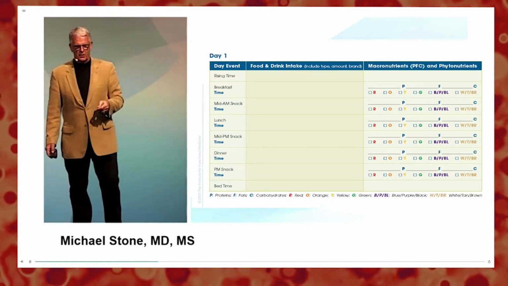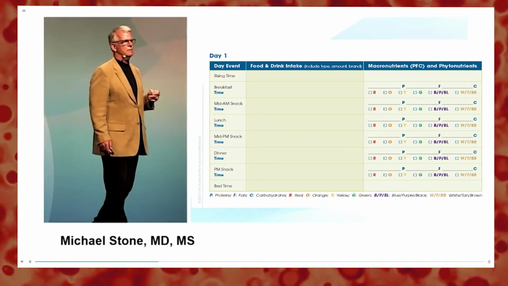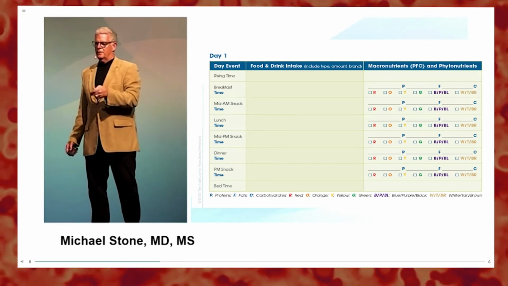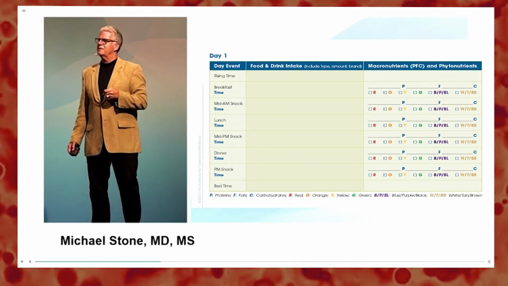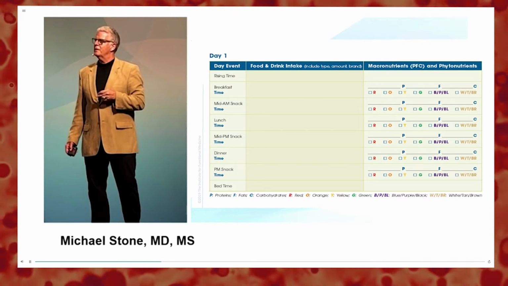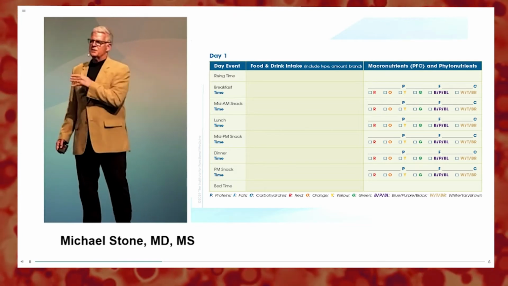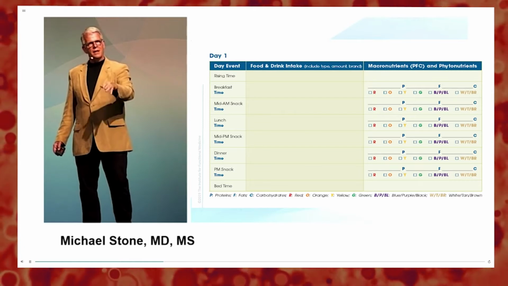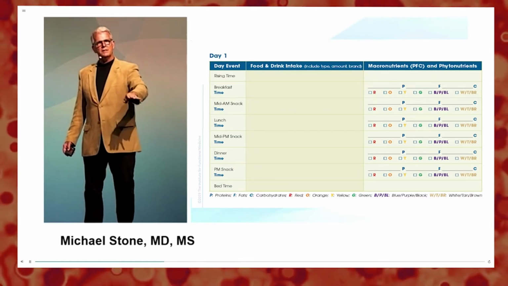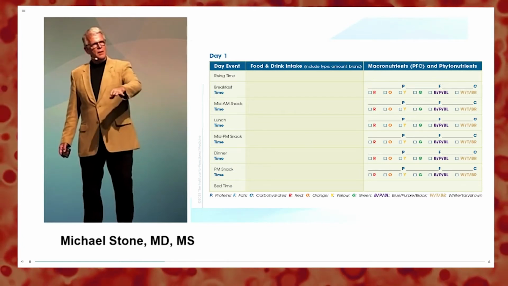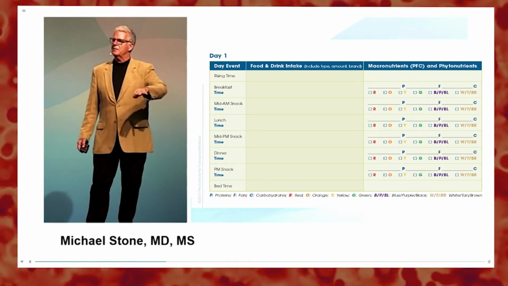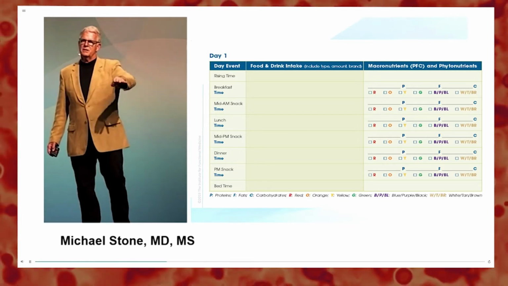Red, orange, yellow, green, blue, purple, white, tan, brown. Do they have the colors of the rainbow? And then you can just turn that over and say, when we look at this, the vegetables and fruit are the colors of the rainbow that are highest in the minerals and vitamins, adaptogens and antioxidants